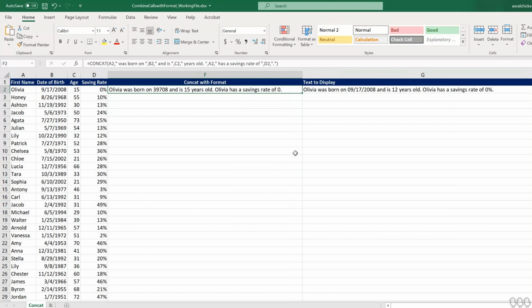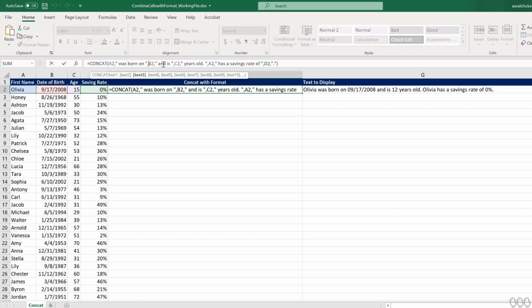So what we're going to do now is use this to format. To format, like I mentioned before, we're going to use a TEXT function. Right now it reads, Olivia was born on 39708. That means nothing to us. So we're going to pop right in here to the formula, right in front of cell B2, which holds the date of birth, and we're going to enter TEXT, open paren,